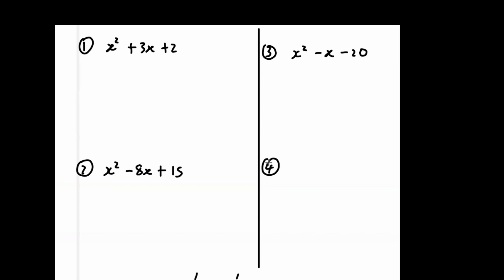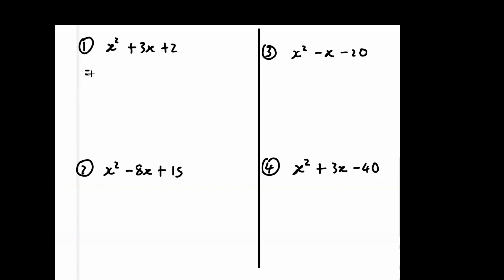We're going to factorize x squared plus 3x plus 2. That's number 1. Secondly, we will also factorize x squared minus 8x plus 15. Thirdly, we will factorize x squared minus x minus 20. And fourthly, we will factorize x squared plus 3x minus 40. All right. Those are the 4 that we want to factorize. So